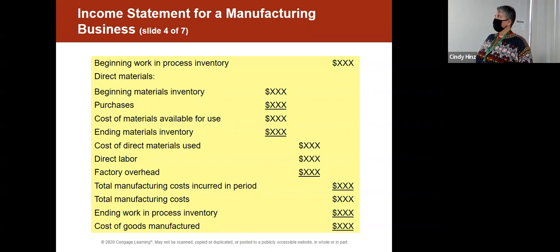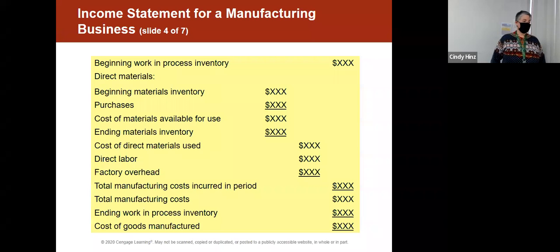As I already mentioned, our next exercise is doing a statement of the cost of goods manufactured. In our previous exercise, we had that number as part of our income statement, as part of the calculation of cost of goods sold. But now we need to see